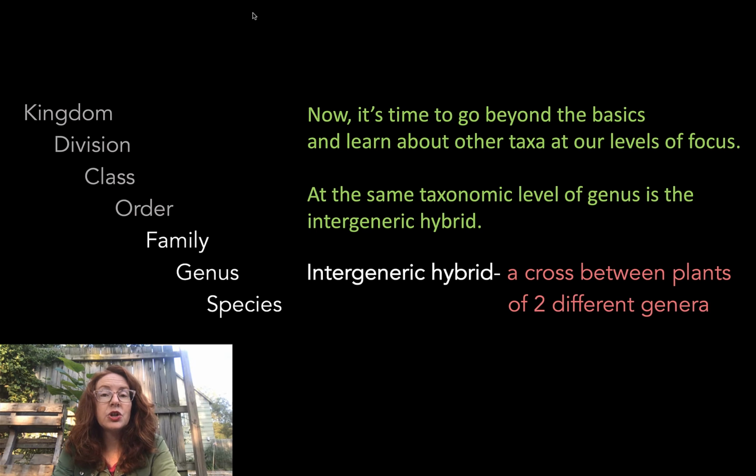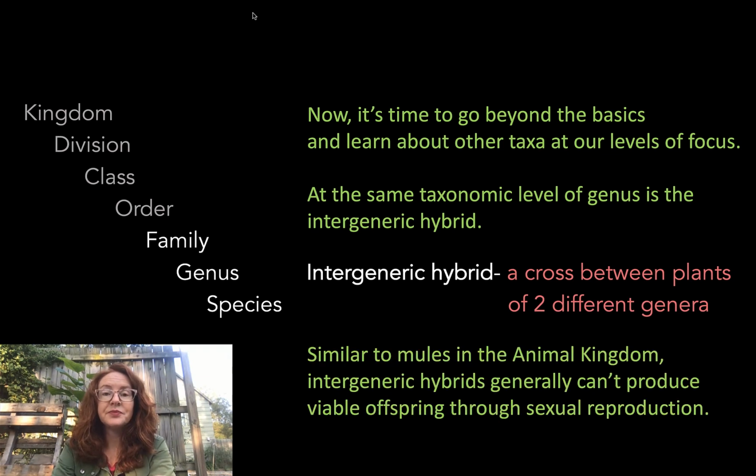Starting with intergeneric hybrid. This is at the same level of classification as genus. Intergeneric hybrid is a kind of plant that happens when two plants of different genera reproduce, find some way to pollinate or receive pollen from another plant of a different genus, and then develop a seed from that. So intergeneric hybrid, cross between two plants of different genera. These are kind of similar to mules in the animal kingdom. If you're familiar with the animal that is the product of a horse and a donkey mating,